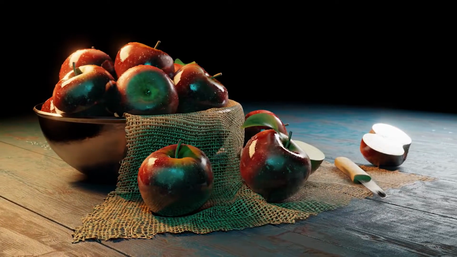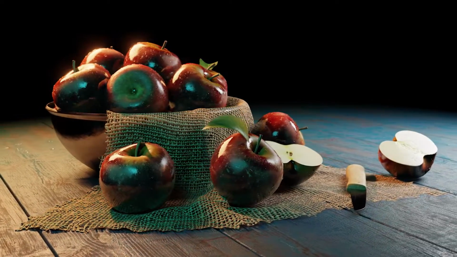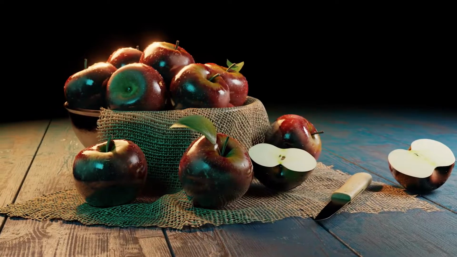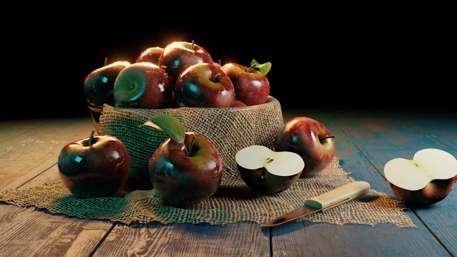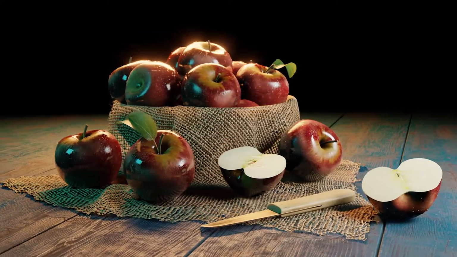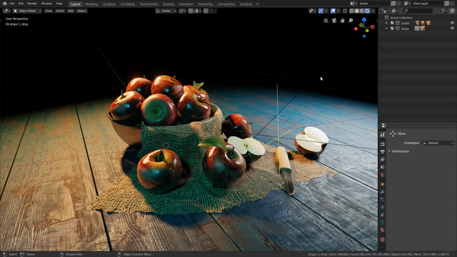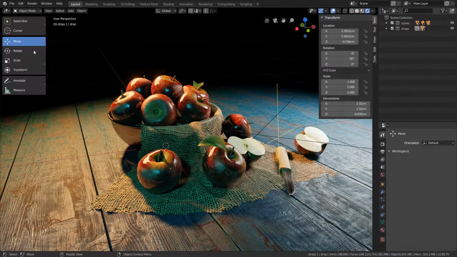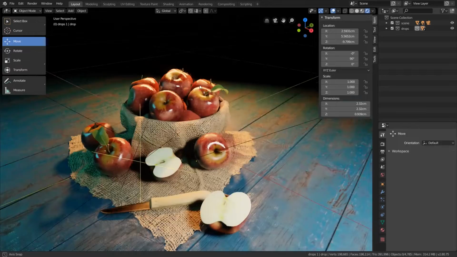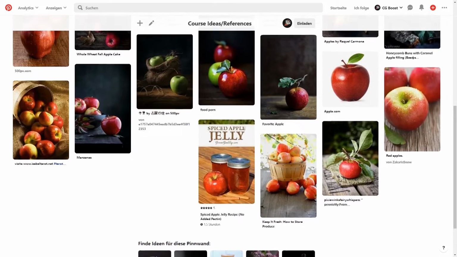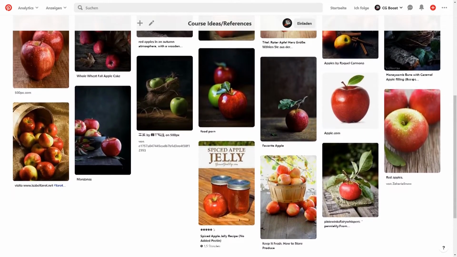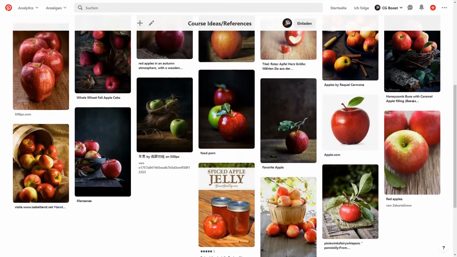Welcome to the second video of the Blender 2.8 beginners tutorial, where you will learn how to use Blender 2.8 and create this juicy apple scene here from scratch. In this video we will take a quick look at the user interface and navigation of Blender 2.8, and I will show you the process on how I prepared this scene, which we will create in this tutorial